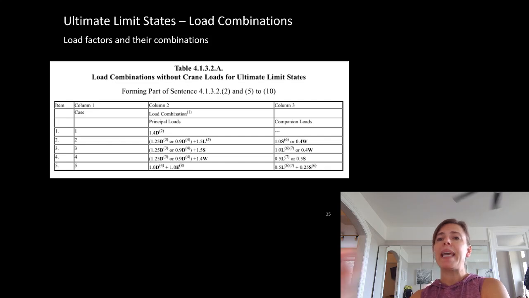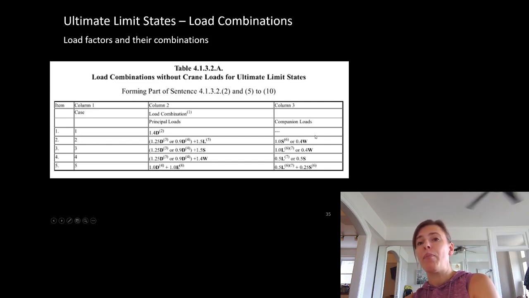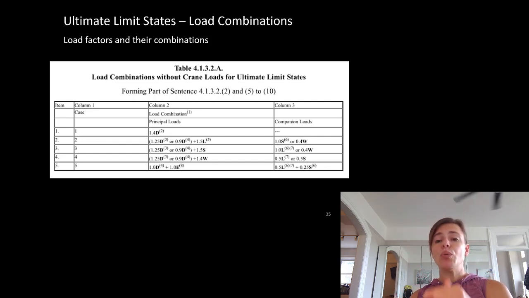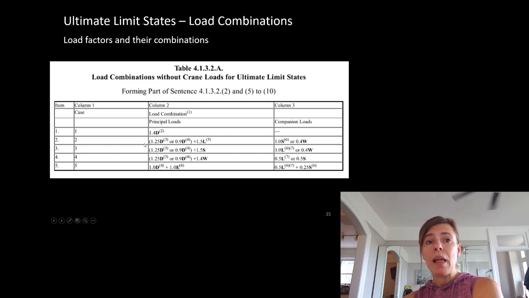And then we have to do it again, including our companion loads, which could be 1.0 snow loads or 0.4 wind loads. We don't do snow and wind both as a companion load at once. This one line here, let's ignore the 0.9 dead for now, has three separate load cases that we've talked about. Dead and live all by itself, dead and live and snow, and dead and live and wind, with their appropriate